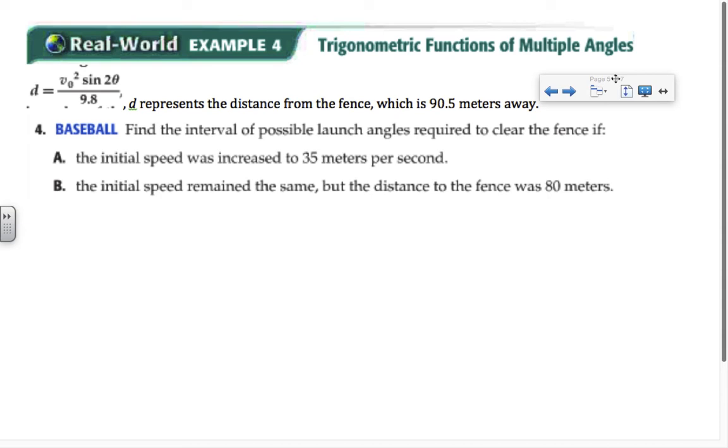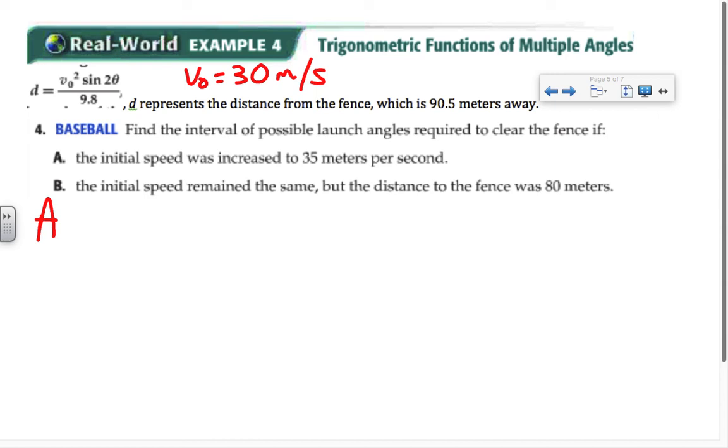In this example, I kind of copied and pasted some of this out of the textbook, and I apologize that I neglected to copy and paste in the original problem the original initial velocity, or initial speed, excuse me, was 30 miles per second. And that kind of pops up in part B of this problem. So in part A,